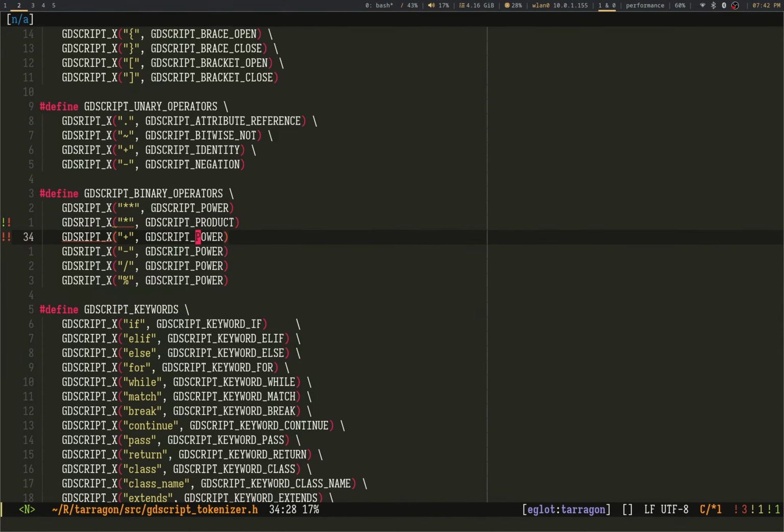Product, some difference, division and modulo.